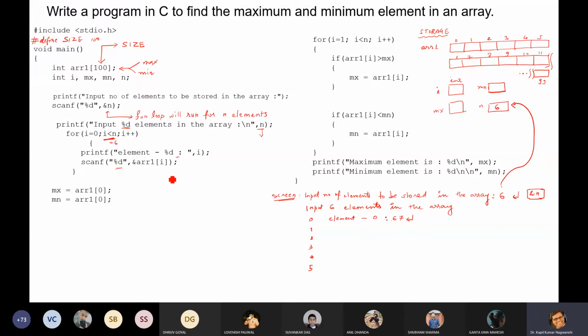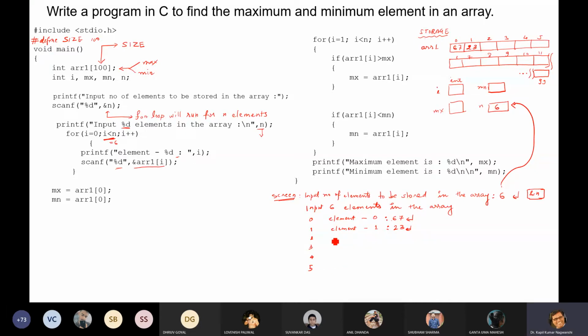So 67 will be stored at this location, array 0. Now come to the next. The for loop is still there inside. Now it will print element 1, and I enter 23. Then 23 will be stored here.